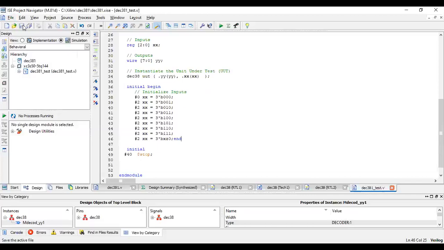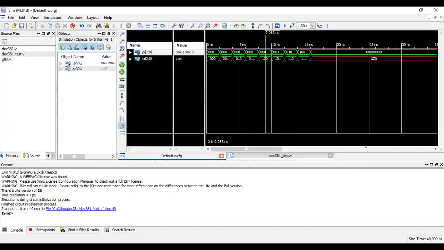So this is the test bench what we have seen. Let me check whether it is a correct test case. Synthesis I am doing, then we will simulate it and see whether our output is correct. So no errors I am getting. And this is the output what I've got, the decoder values.